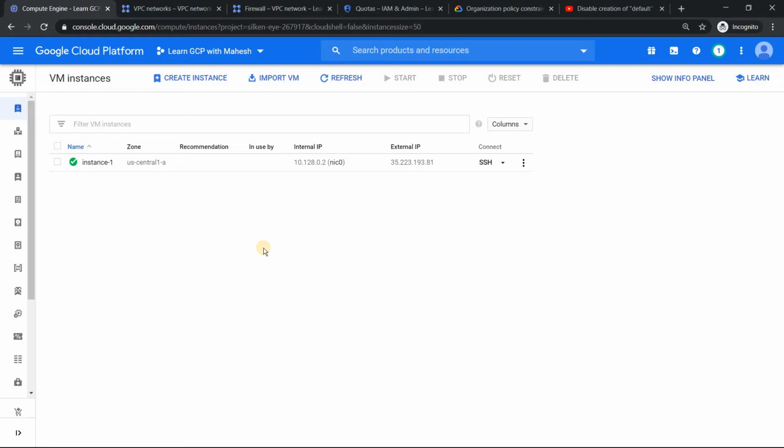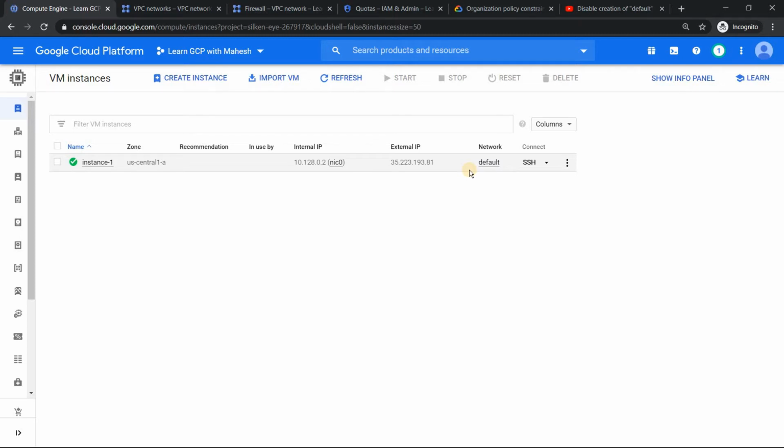To know which network this virtual machine is using, usually I click on the columns option and click on network. I would definitely say this column should be turned on by default. That's my recommendation, but the UI does not show that. It is optional. You have to go and turn it on. So this gives a very good understanding that there's a network which is already created in the project by default, and using which only we are able to create a virtual machine.